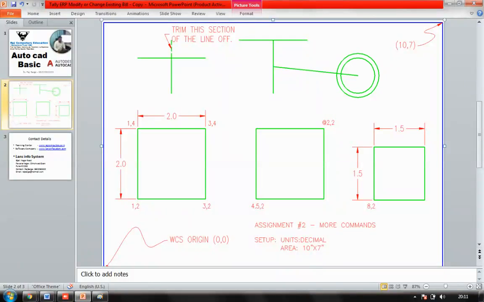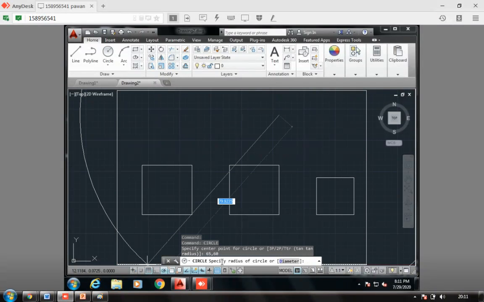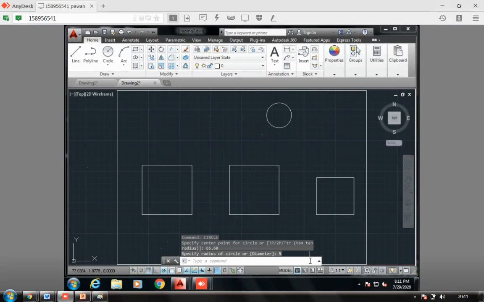So let's start with this. Fine. So I'm here. I'll be saying circle, enter. So my first coordinate was 65 comma 60. Enter. It is asking what is the radius of the circle? It's 5, I say 5. Clear?